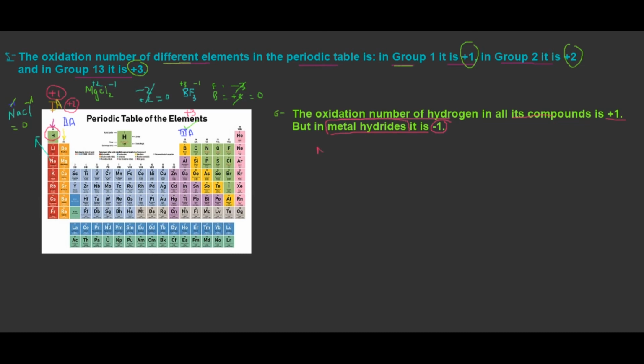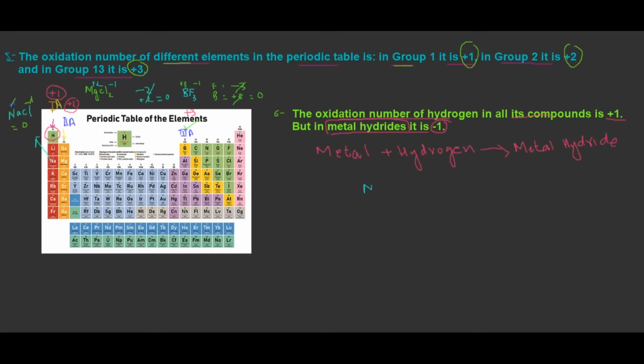Whenever metals react with hydrogen atom, they will form metal hydride. So in the case of metal hydride, hydrogen has -1 charge. For example,